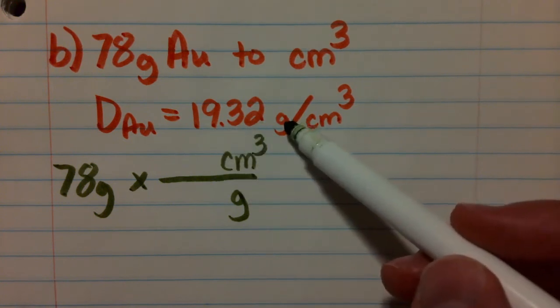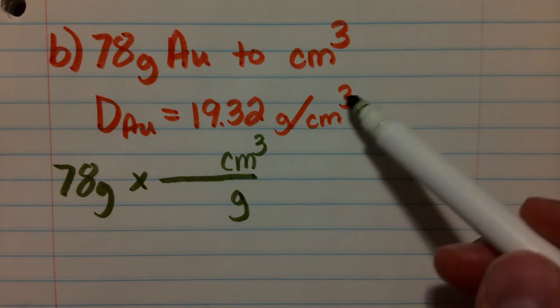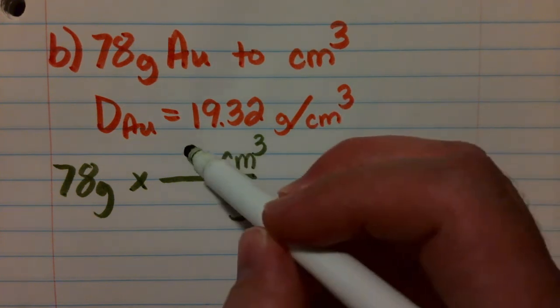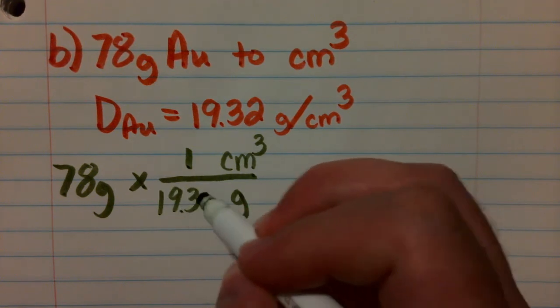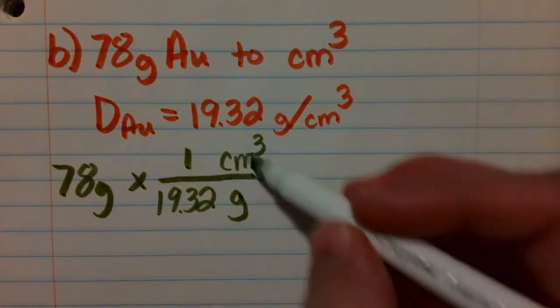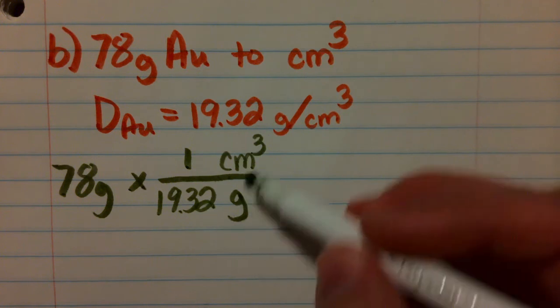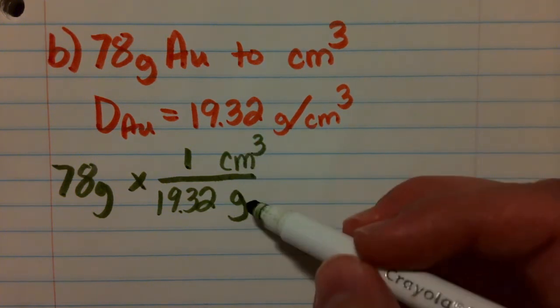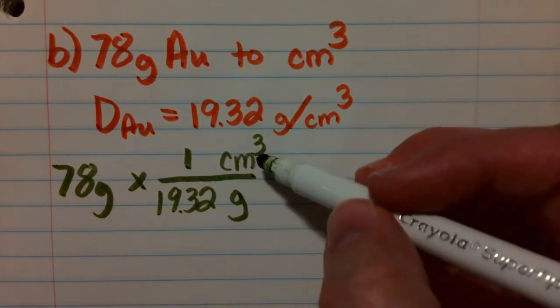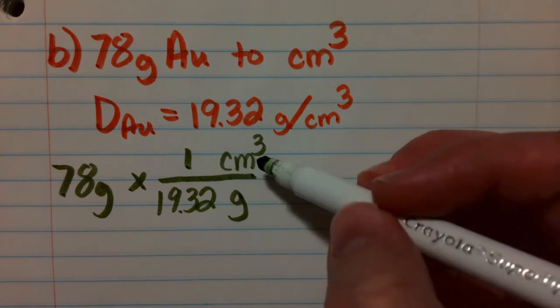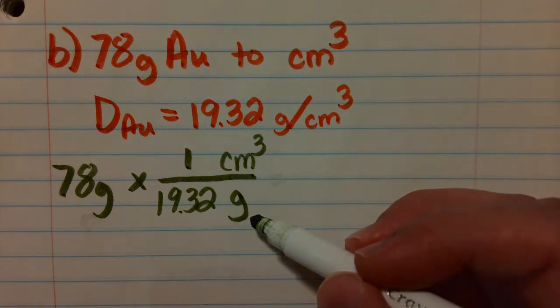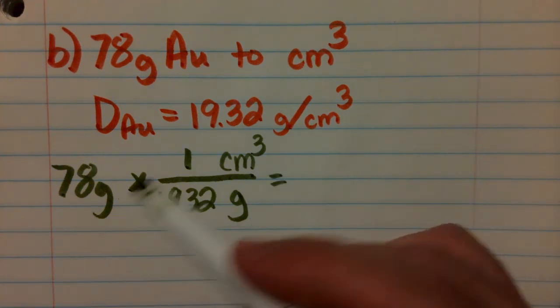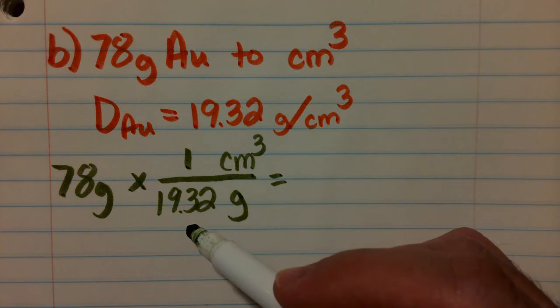19.32 grams is equivalent to 1 cubic centimeter. 1 cubic centimeter is the same thing as 19.32 grams. This conversion factor is just the density written upside down. 19.32 grams is equivalent to 1 cubic centimeter for gold, and 1 cubic centimeter for gold is equivalent to 19.32 grams for gold. Now I multiply 78 grams times 1 divided by 19.32,